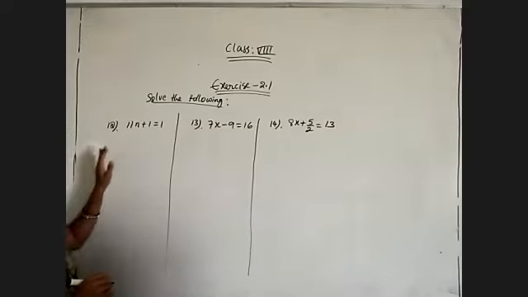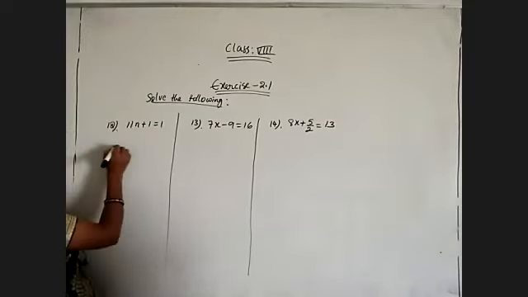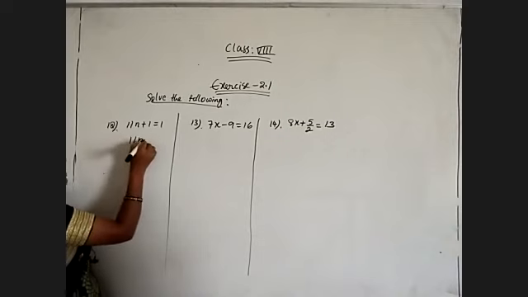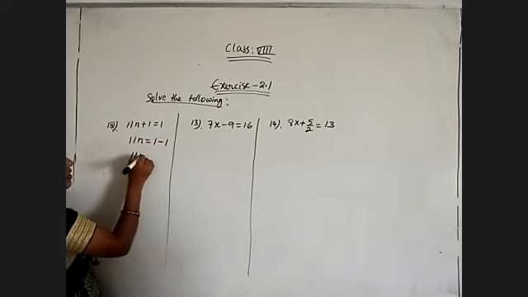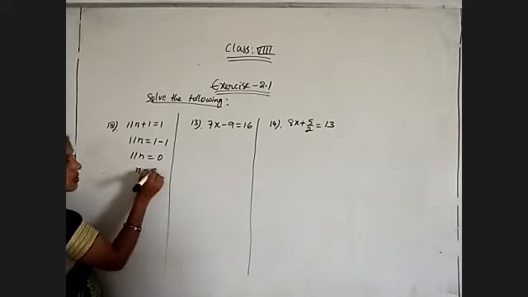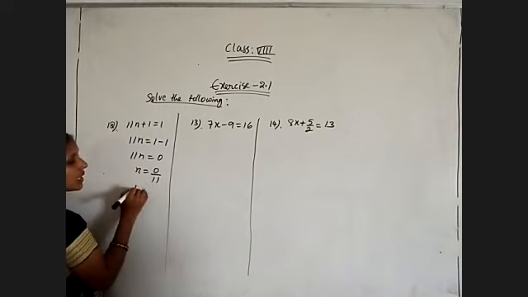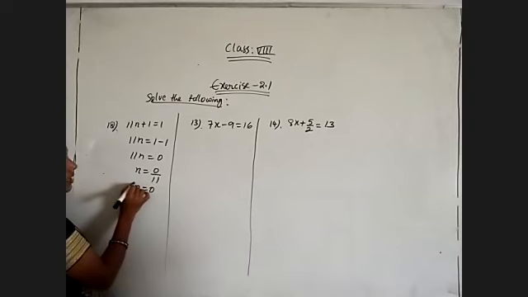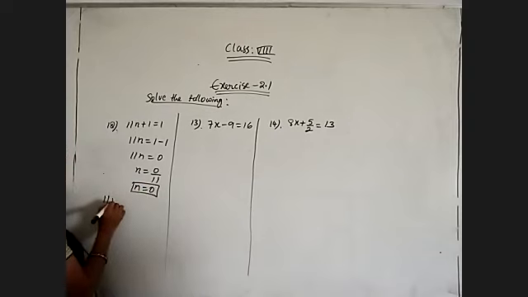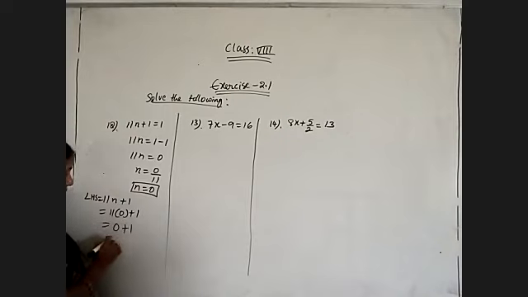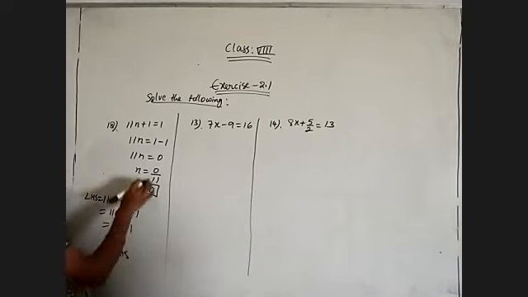So here 11n plus 1 is equal to 1. Very simple. The n value we need to find. 11n is equal to 1 plus 1, by bringing this side minus 1. 1 minus 1 is equal to 0. And n is equal to 0 by 11. 0 by anything is 0 only. That's all. So the n value is 0. Whether it is correct or not, check. The LHS of the equation is 11n plus 1. So 11 into 0 plus 1. 0 multiplied by any number is 0, plus 1. 0 plus 1 is nothing but 1, which is equal to the RHS. It means whatever value we got for n, that is correct.